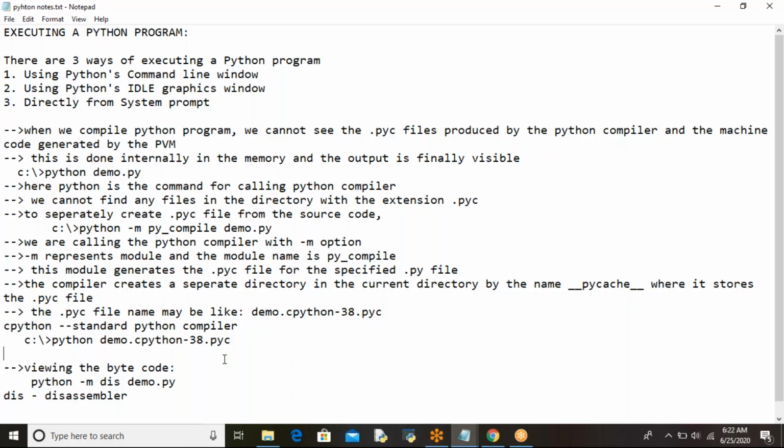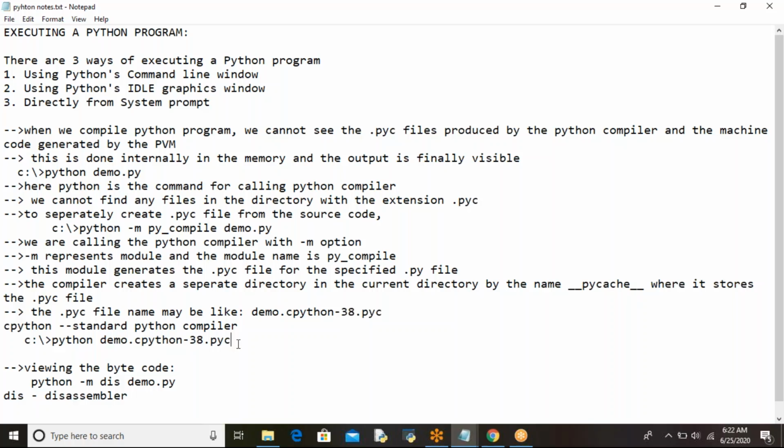Yes, actually, see, generally what happens is the Python compiler takes the Python code, converts that into compiled code, then that code is taken by the Python virtual machine, converts that into machine understandable format, and you are getting the output. But here, when you type like this, whenever the Python compiler sees this .pyc file, it skips the first step.